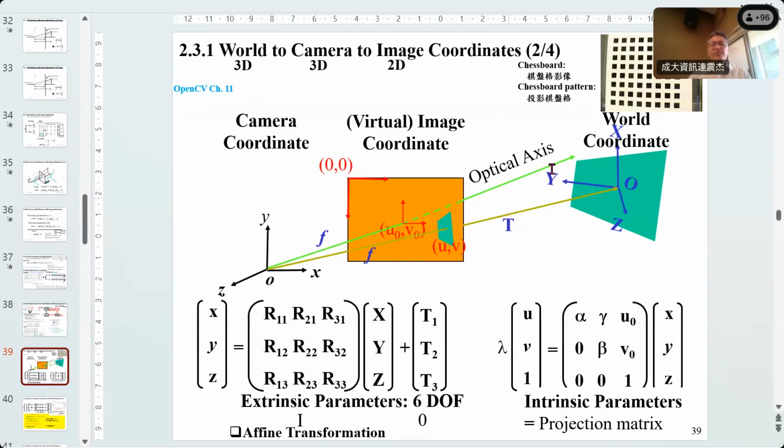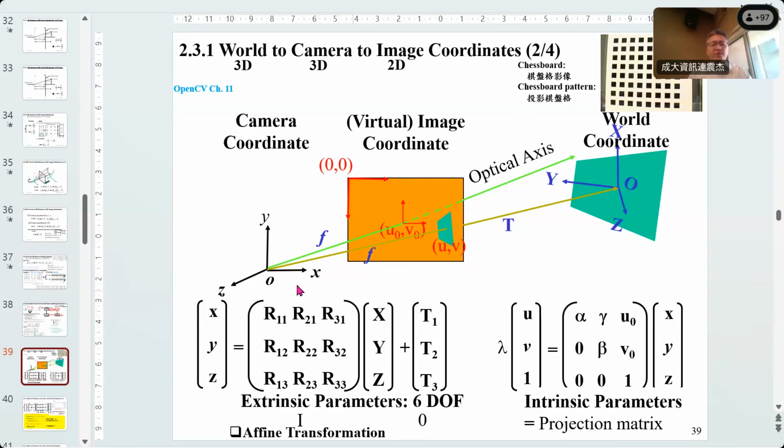Okay, so this is the 3D to 3D. What are the intrinsic parameters? That one is from 3D to the image plane. So this is also called the projection matrix. This is affine, and this is the projection between 3D and 2D. And this is something people try to formulate. It is defined by people, yes. I will continue with that later. So in this